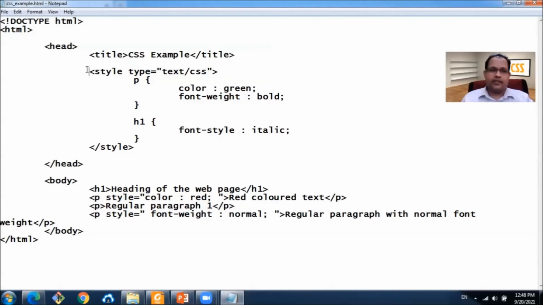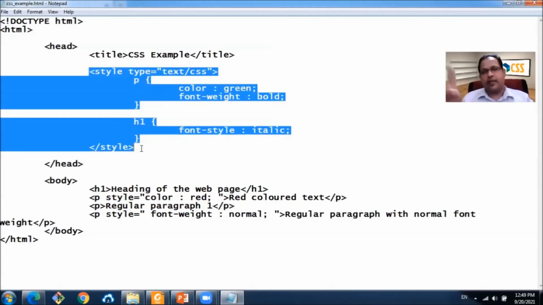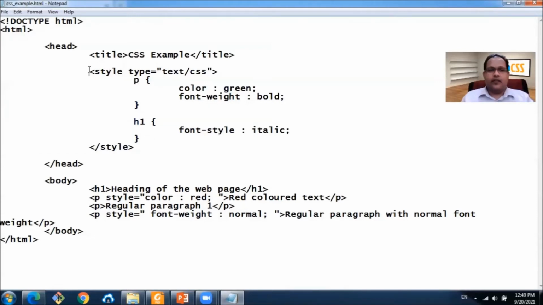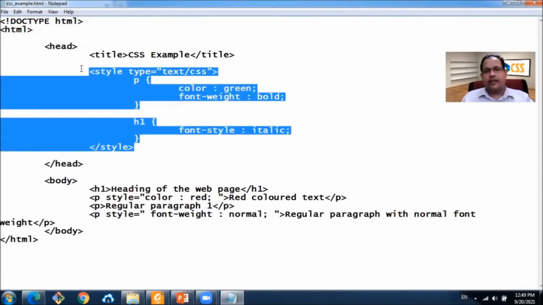If we copied this style into 100 pages, then we will have to change 100 pages to change this property. So that is lots of unnecessary work. To accomplish this easy modification of styles and also some other benefits, we can define an external style sheet.